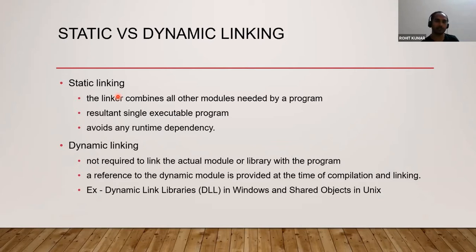Those are available in Windows. You can go into your C drive, into the bin folder or some sort of system folder like Program Files, and inside that, if you try to find some of the system files and go deep, finally you will find the DLL files. Lots of DLL files are there in C. Simply go to C drive and press Control F, find, and search for .dll. You will find lots of DLL files. Similarly, the concept of shared object is present in Unix-based systems.